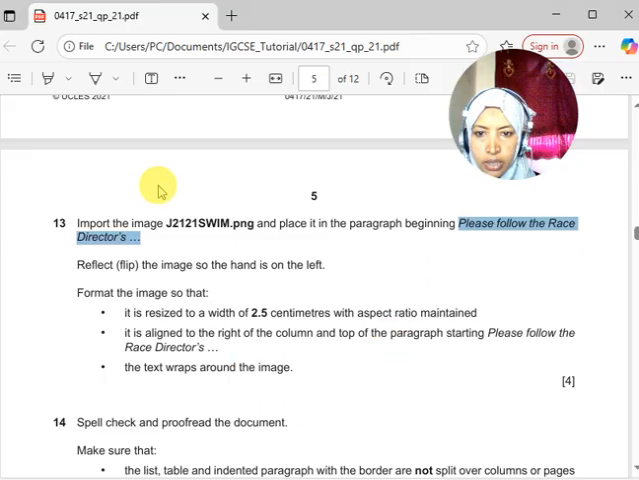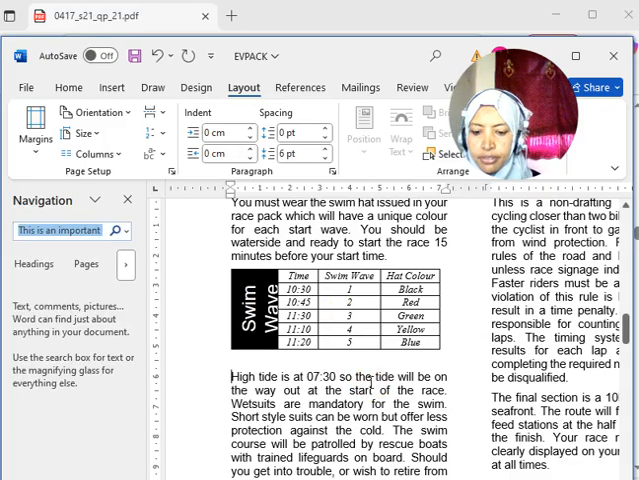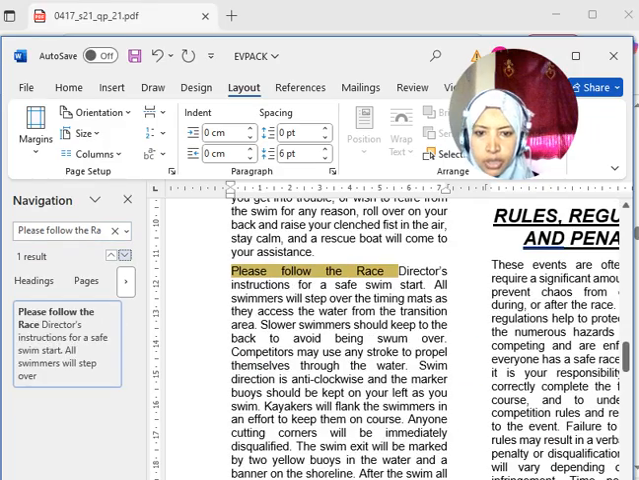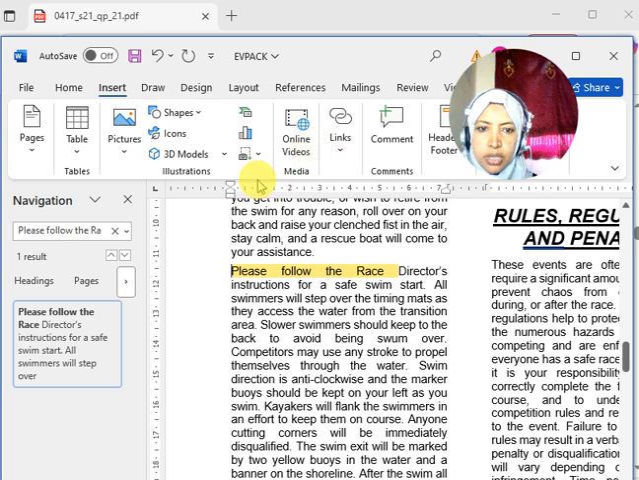So let's do that. The image, you have seen the name. Copy this one and search. So I will do my Control F and copy this, paste. Yeah, this is a paragraph. Now I will click here, pressing the cursor, go to insert picture, and then this device, going to the folder